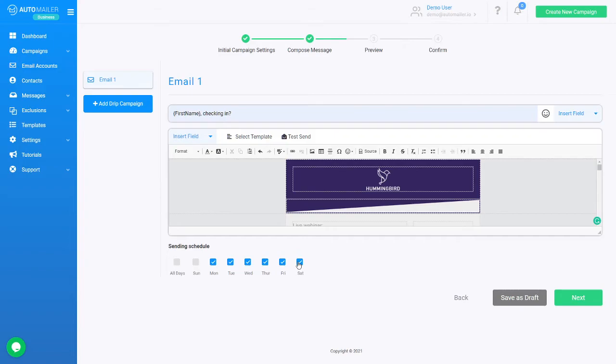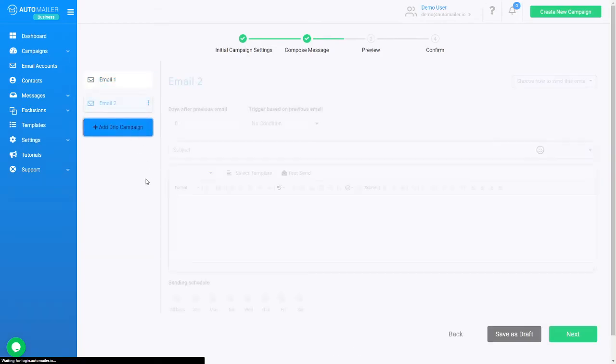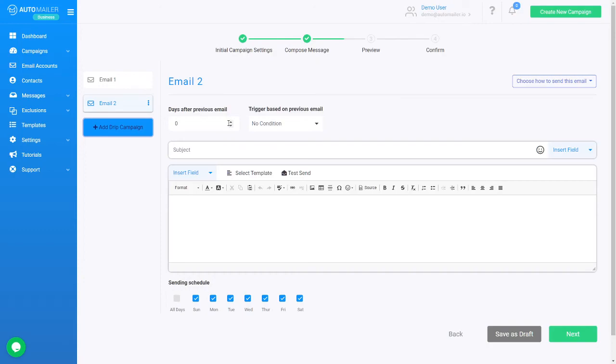You can block off specific days. So I want this campaign to be only running Monday to Friday. And then I will say add a drip. So this is the drip campaign that I want to send out. I'm going to do 2 days later, and then if they do not open. So what the setting means is 2 days after email number 1 sends out, if they do not open email number 1, 2 days later, they're going to receive this email number 2. So email number 2, and then I can simply